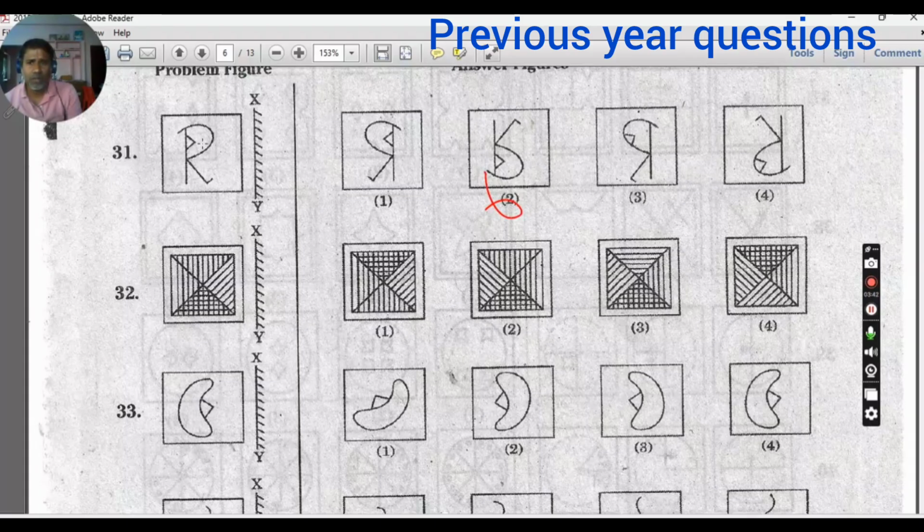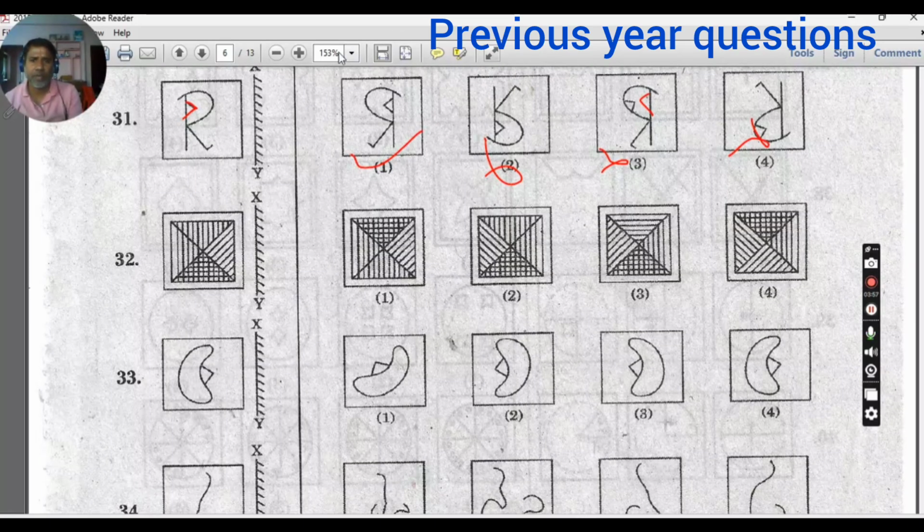Okay. But you see this symbol, this greater than symbol attached to this line. It should be attached to this part, but it is attached to other side. So this is also wrong. This is also reverse. This is wrong. So A is the correct answer. Next, when you check